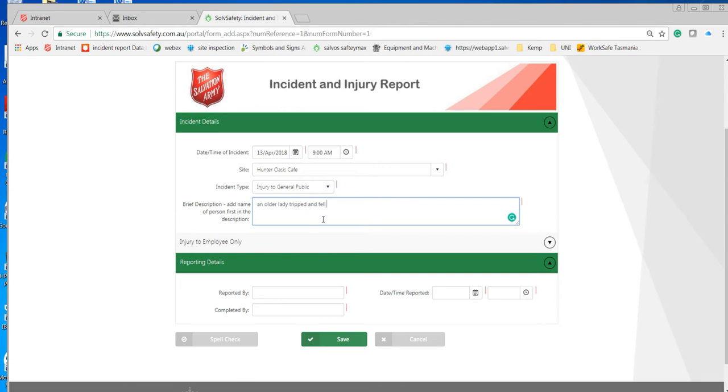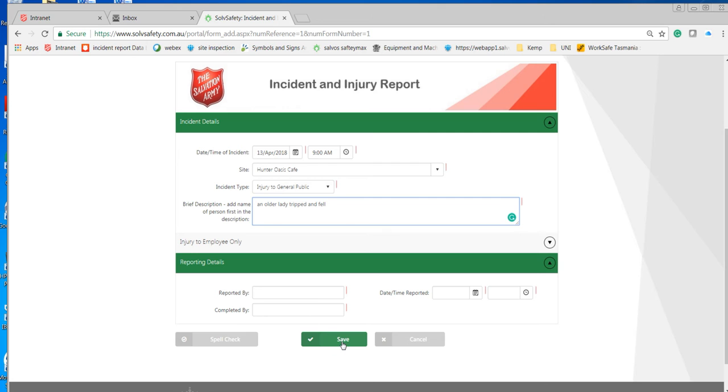So the advantage of that is that if in the future someone comes back and says, I hurt myself at Hunter Oasis Cafe on the 13th of April, and we don't have any details in there, then we're open to getting in trouble for that. This way, at least we've captured the details, and you don't need to remember it anymore. It's logged into the system, and you're all ready to go. So this is how we're going to run through incident reporting now. If you still want to use the old form, you can. You'll find it's a little harder because you still got to fill it out, scan it, and get it back